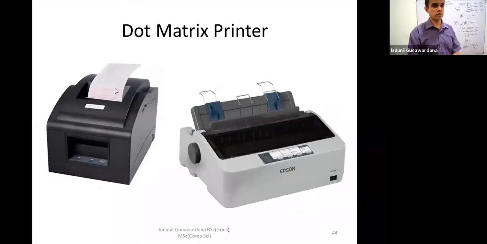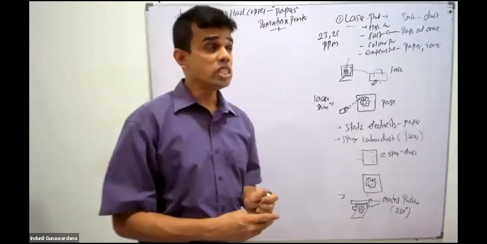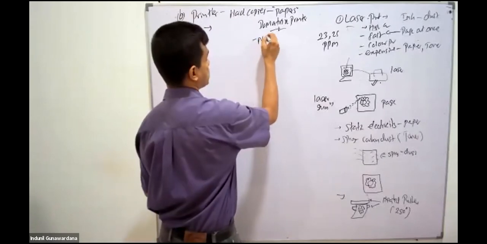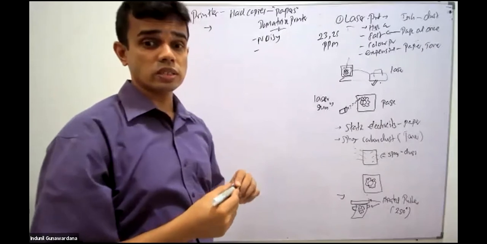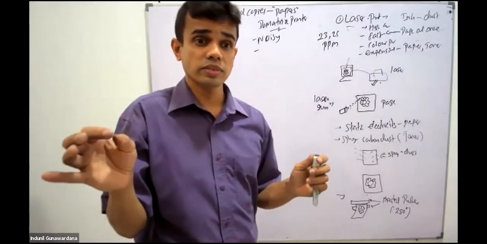These are the dot matrix printers. Even this is a dot matrix printer, which gives you A4 size printing. But since in our shops we need a small sheet, this printer is enough. Now, once you go for a dot matrix printer, normally it is a noisy printer. That's the main trouble we have. When it is printing, it gives that noise, charas charas charas sound.